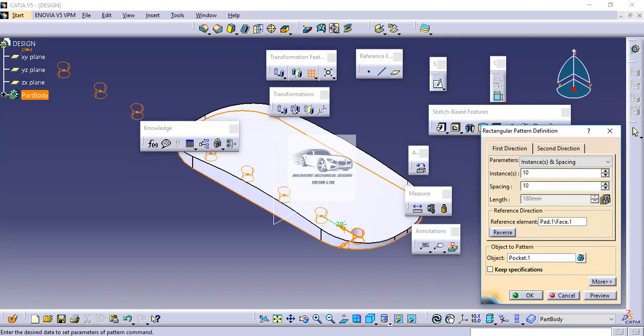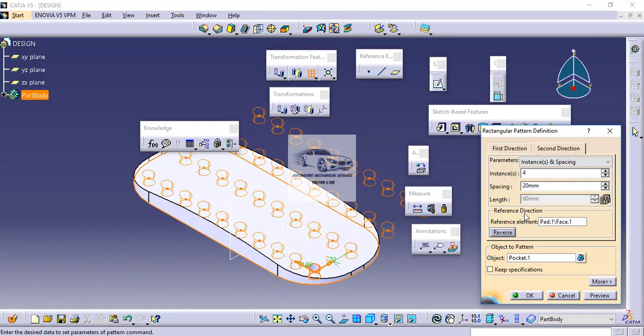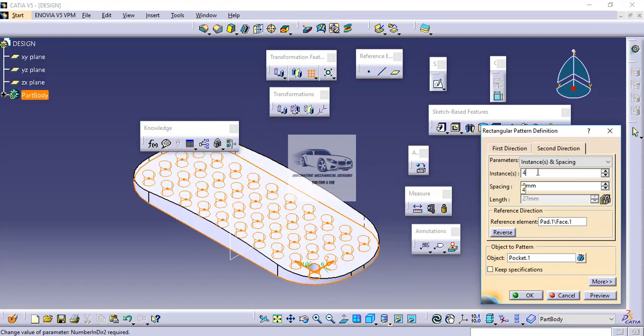So here I will input the center to center distance as 10 mm. As we can see, the horizontal holes are placed. Now we will go to the second direction. We will give the number of instances, or total number of rows, as 4. Again we have to reverse the direction and here the spacing will be 9 mm, as mentioned in the drawing.